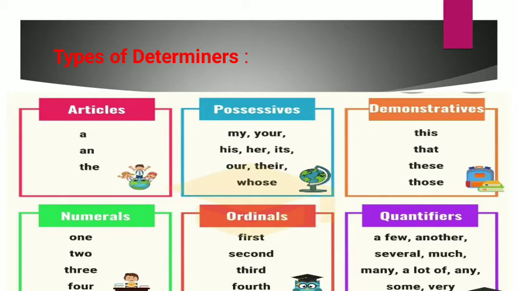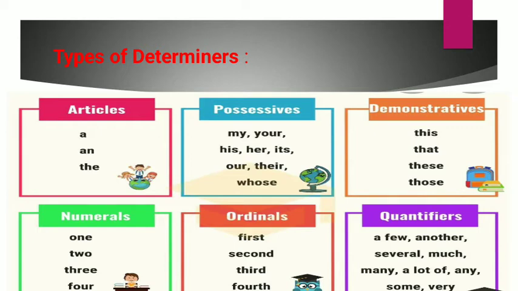Determiners are the words which specify the range of reference of a noun. Now, if we look at the meaning of this, we won't understand, so it is better to understand by way of the examples given. Determiners include articles, which you have all been learning since your primary level.